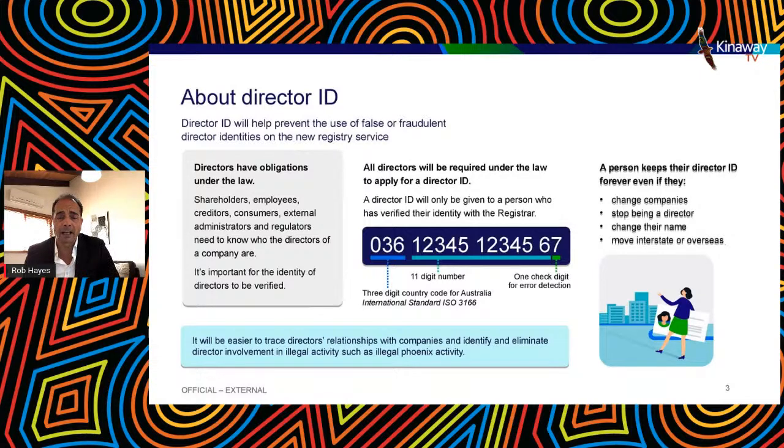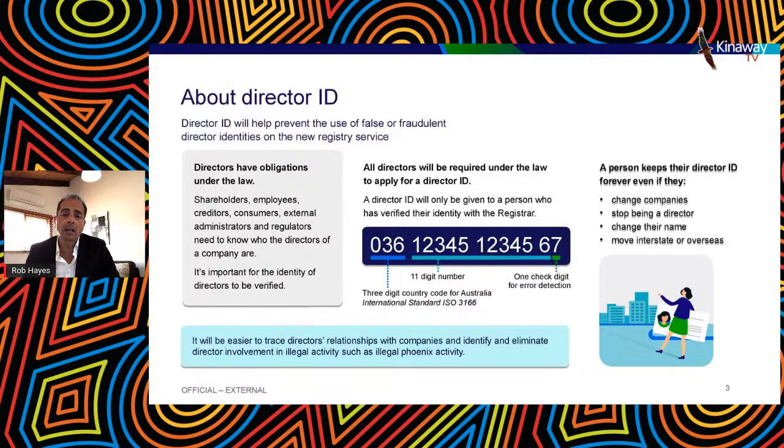It is a company's obligation to provide true and accurate information to the regulator, but it is certainly open to fraud and illegal activity. Director identification is expected to help prevent some of that illegal activity from happening in future. The Director Identification Number was introduced into law quite some time ago, and the services that support Director ID were introduced in November last year.